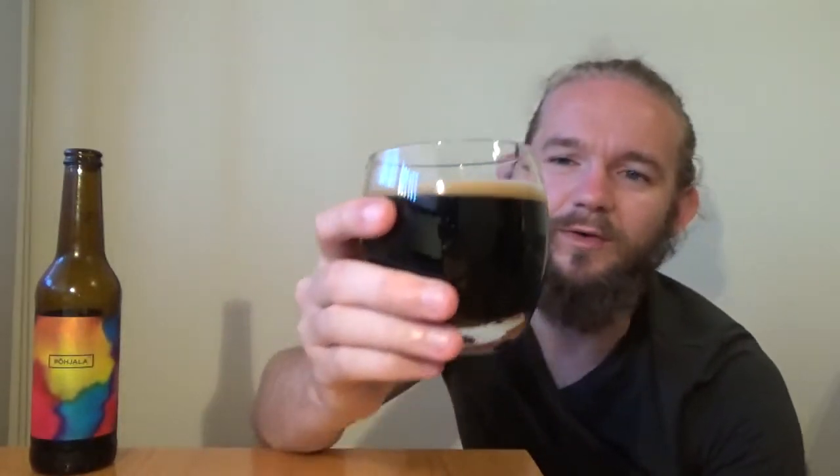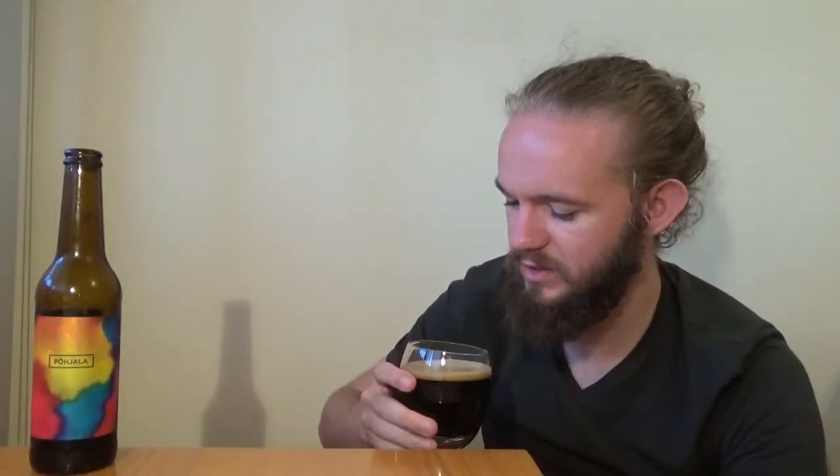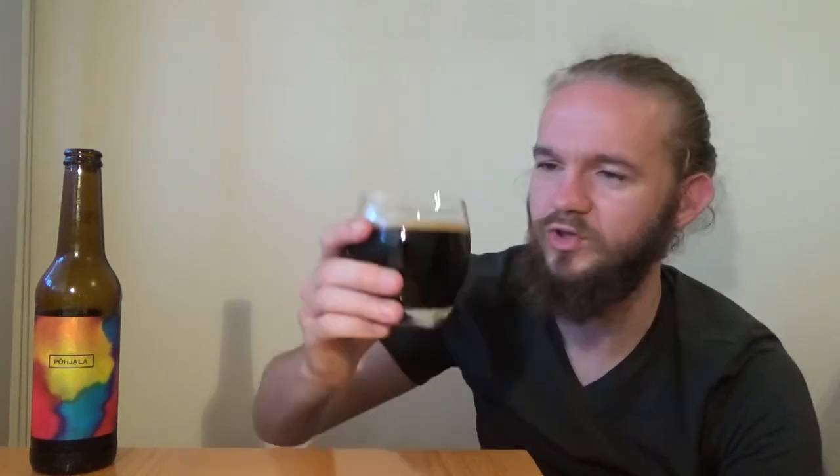I did enjoy this when I tasted it at the brewery, but to do a proper sit down review of this, I think will be very interesting too. We'll try and get a decent bit of head on this beer. Yeah, there we go, that should do it. That's just over two thirds of the beer in the glass. So as you can see, this one has poured with a very nice